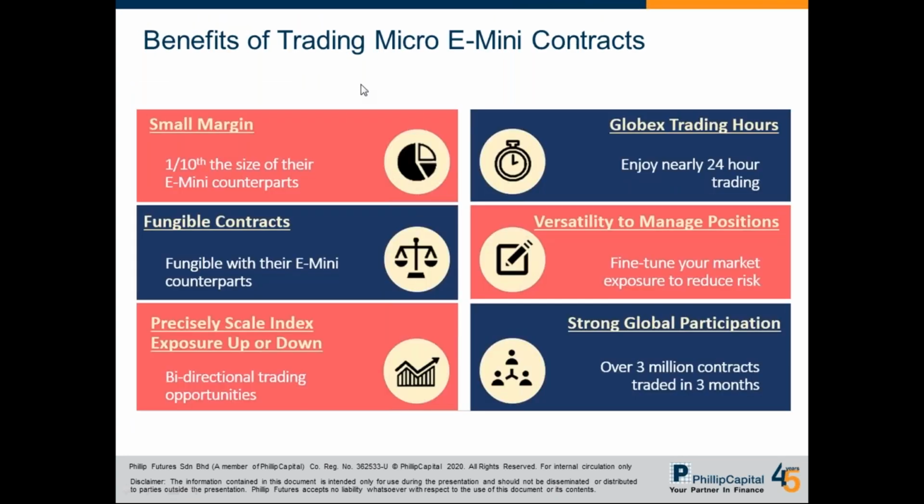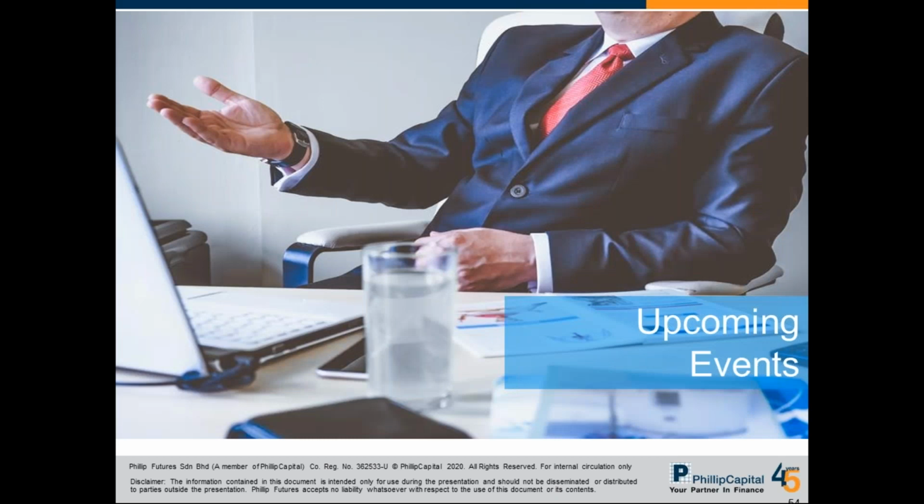So why do we strongly encourage people to trade these micro contracts? First, very affordable margin. Second, it allows you to trade almost 24 hours, so you can arrange your own time. Third, it is bi-directional, which means you can profit from both bull and bear markets. Lastly, unlike, for example, the FM70 index, which is a smaller contract but whose volume and liquidity are not that great, these micro contracts have really great volume. The bid-ask spread is basically just one tick away. So it's a really great product to trade if you are a trader.